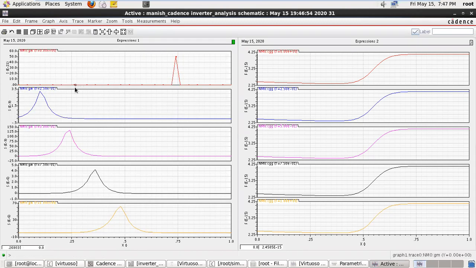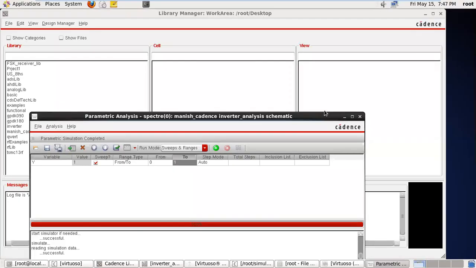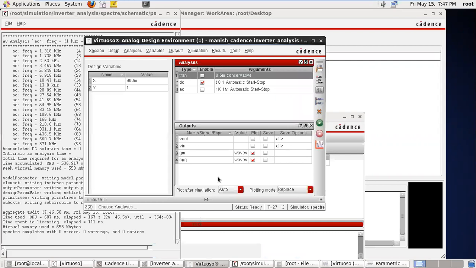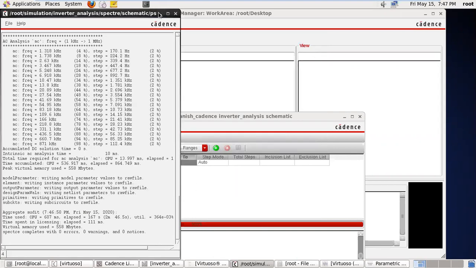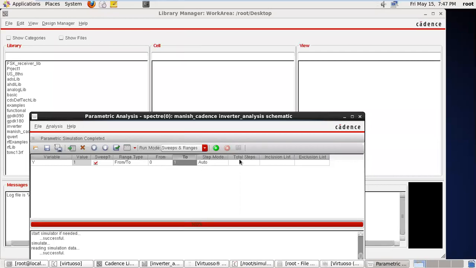So see here, these all the values are, because we have taken a total of 4 steps, these values are for different values of the VDD. Okay, just wait, we have taken 0 to 1 total steps. Okay, we are not interested in GM, CG, we are interested in V out and V in, and since the simulation is 0 to 1 volt, suppose we require only 4 steps.